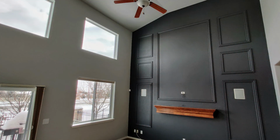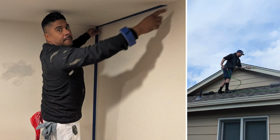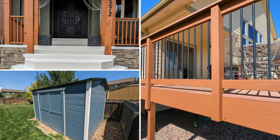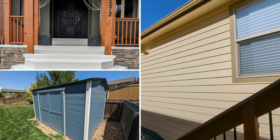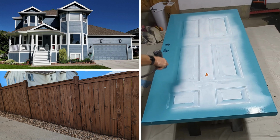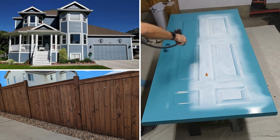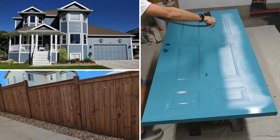We then apply the chosen stain or paint through a combination of spraying, rolling, and brushing, ensuring even coverage and a beautiful finish. Depending on the size of your project and the weather forecast, we typically complete deck and fence staining within 1 to 3 days. After the final touch-ups, we make sure your space is left clean, and the only sign of our work is